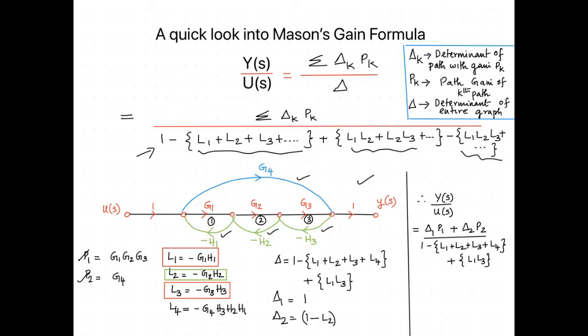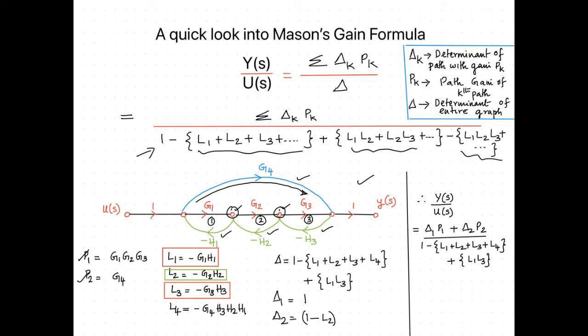You can see that while the G4 path is traversed in the forward direction, these nodes are not utilized. Hence, we can very well use those nodes in the feedback path, and that is why this loop can be taken. And you can't take G1, G2, G3 with minus H3 minus H2 minus H1, because in the forward traversal these nodes are used by gains G1, G2 and G3. While the reverse direction is taken through minus H3 minus H2, those nodes will be taken again. Hence we can't use this as a loop.